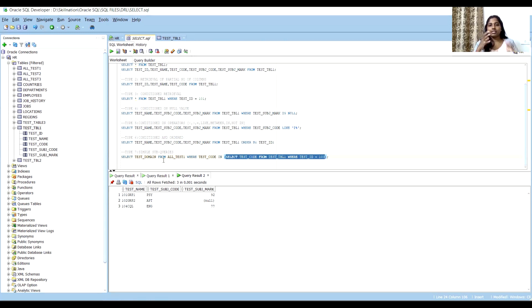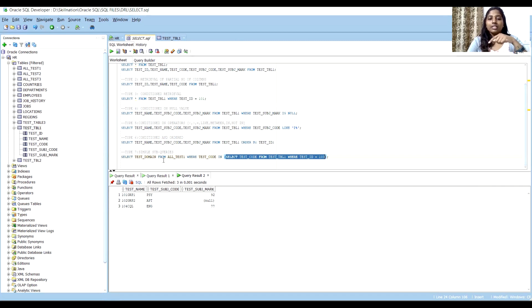So there are two queries here. Subqueries are nothing but two queries, where inside a select statement there is another select statement. The innermost query will get executed first. That is the point to be noted. The innermost query should be executed first so that the value of that select statement will be available. Based on that value, or based on the where condition which is satisfied, the outer query will run.